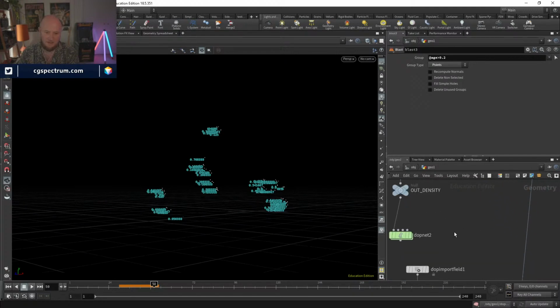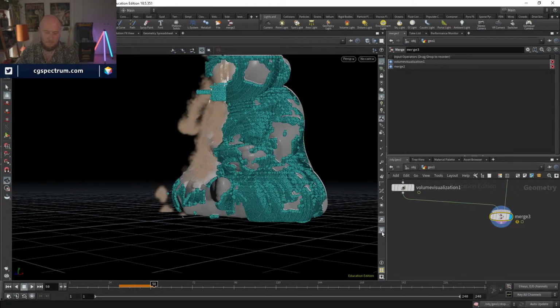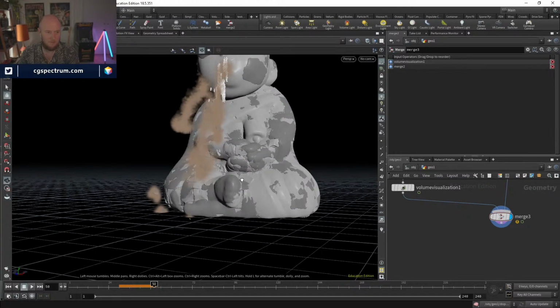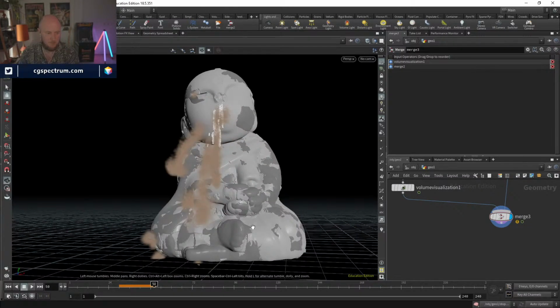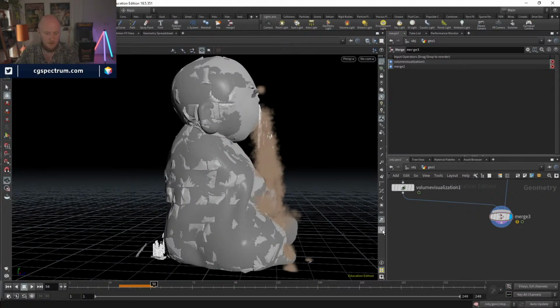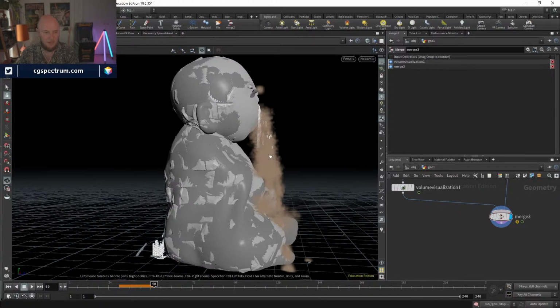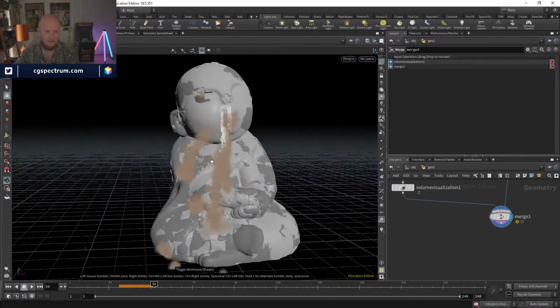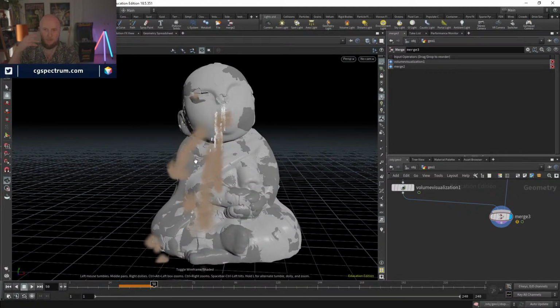It's just a combination of things. You just need to use what works for you. Some people would just have the geometry spreadsheet open all the time. Some people use markers. Some people use more markers than I do. But I think getting to that point where you really understand the data that you're creating is a really good place to be with Houdini,